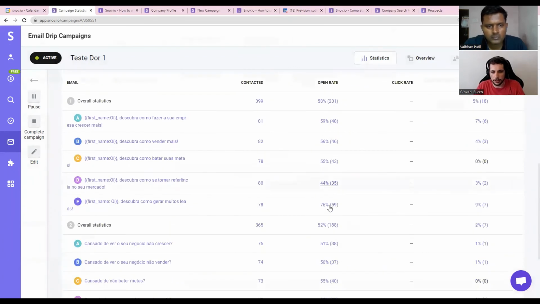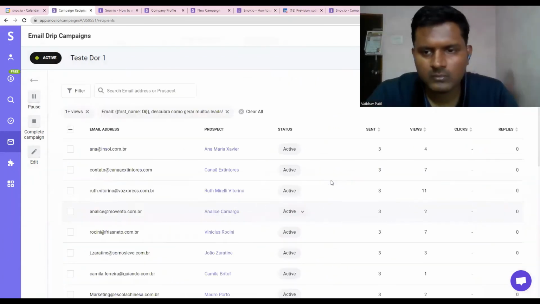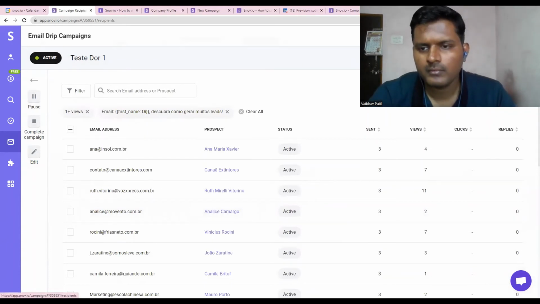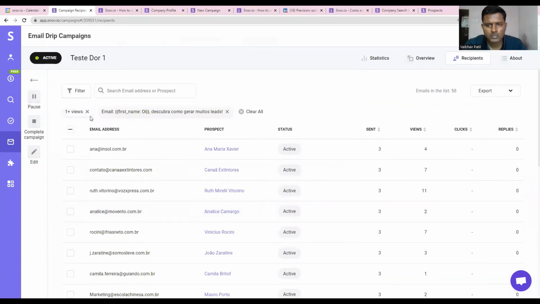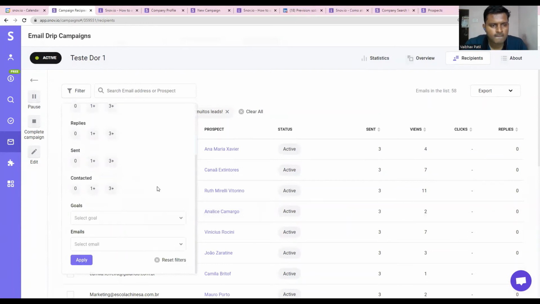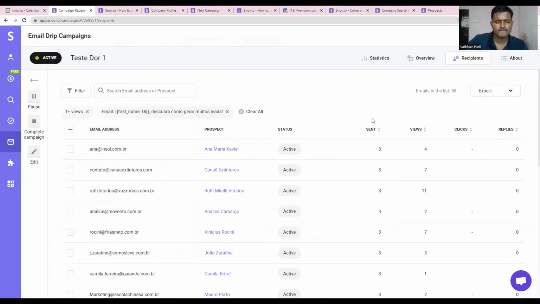Let's say I want to check who opened this email. I can come here, it goes to recipients. I click on the email, and I can just create some filters here. As I said before, we have some goals, and remember the cold and hot leads. Here would be the place where I could check them, and I can set the goals like hot or cold and apply, and I can prioritize trying to contact the leads that open my emails, for instance. And I can have all the leads here.